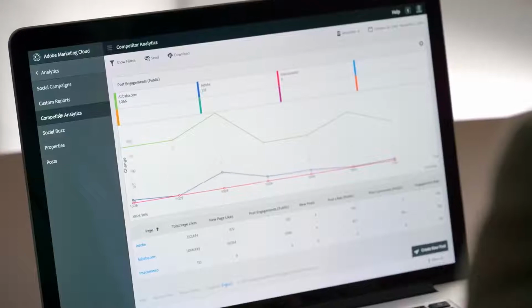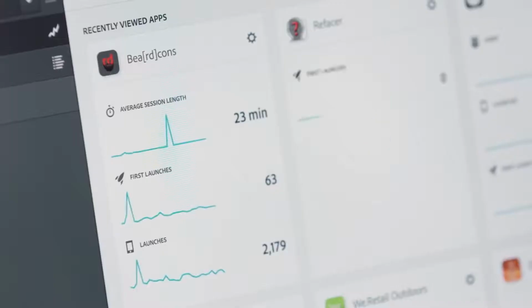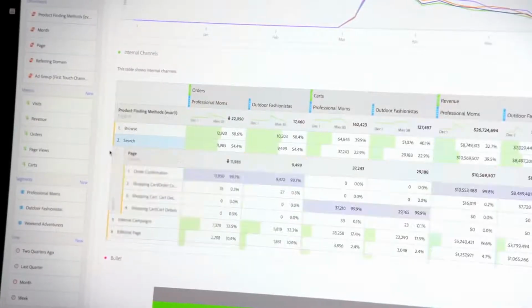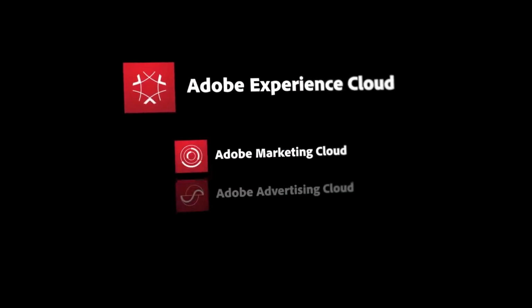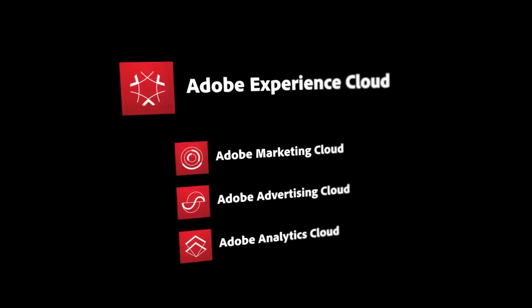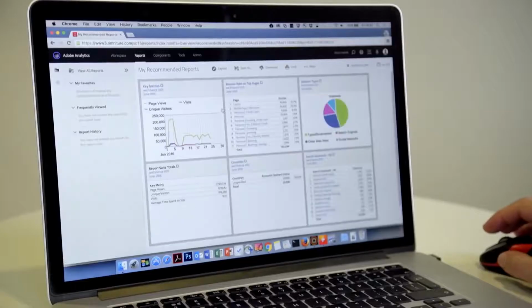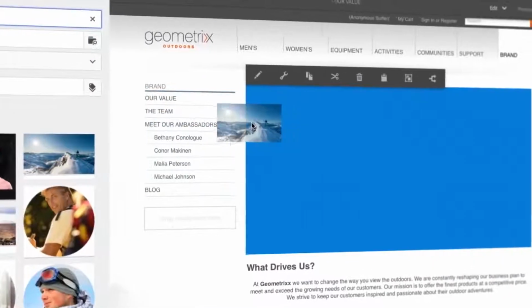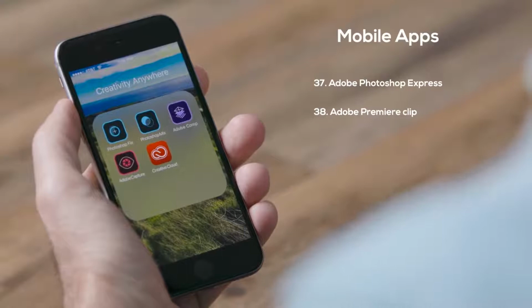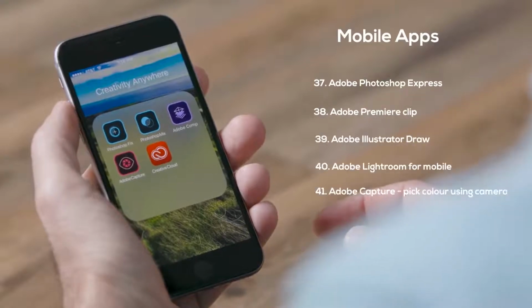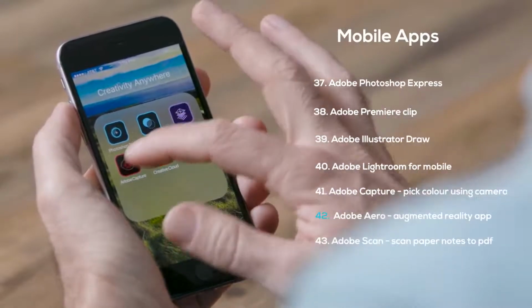We have only talked about desktop applications used for creative purposes, but if you are more into marketing, analytics, or management, there is Adobe Experience Cloud, which has its own set of subproducts for everything from social media campaigns to managing when to show ads on TV channels. And several of the software we discussed till now have their smartphone app counterparts like Adobe Photoshop Express, Adobe Premiere Clip, Adobe Illustrator Draw, or Adobe Lightroom for mobile.